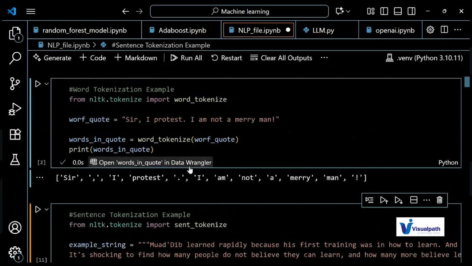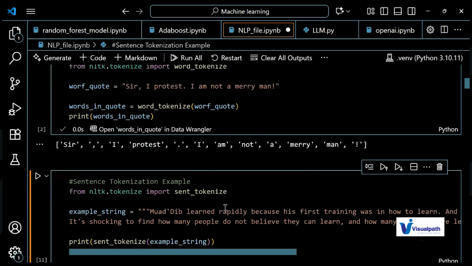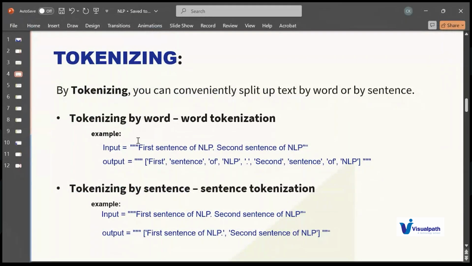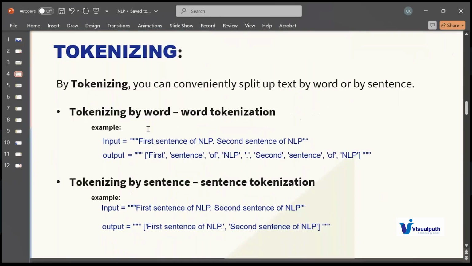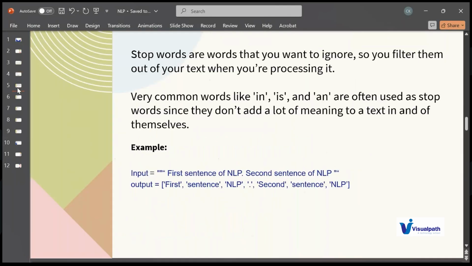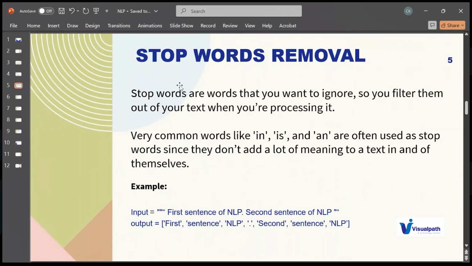So basically, this is how you can implement both word tokenization and sentence tokenization as part of this natural language processing text cleaning process. So this is one of the methods of this concept of cleaning, performing the pre-processing of the NLP data. And the second, let's understand the second concept as well. So the second concept is called stop words. Let's understand what stop words are first.